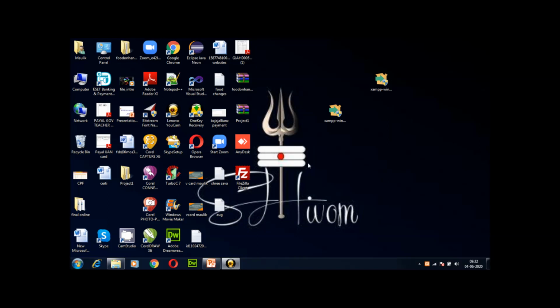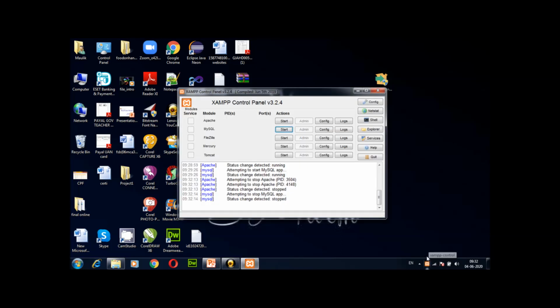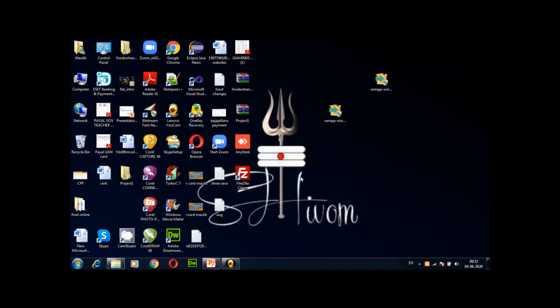Now suppose I start the XAMPP server again, then it will show an icon in your taskbar. You can open it by double clicking, and you can also start the Apache server and MySQL server. The third thing, you can bring a shortcut onto your desktop. Then by double clicking on that shortcut, you will also start the control panel.